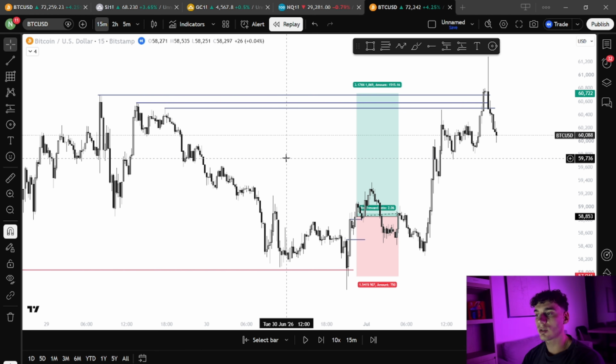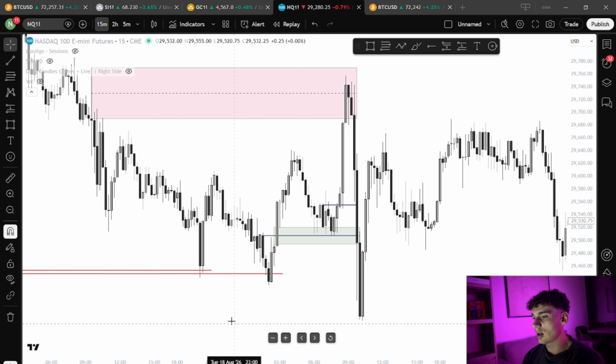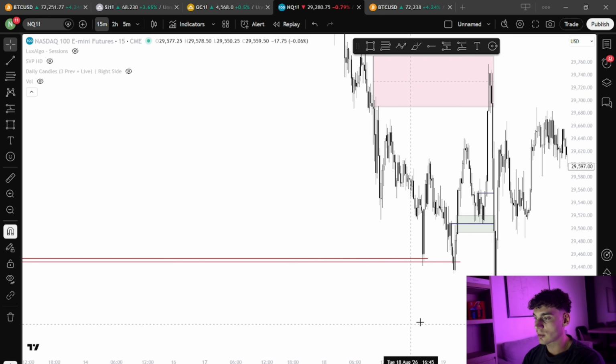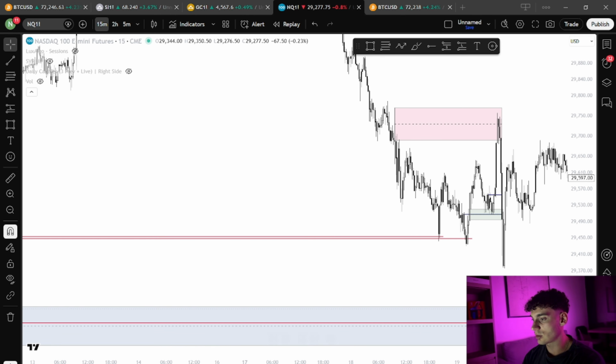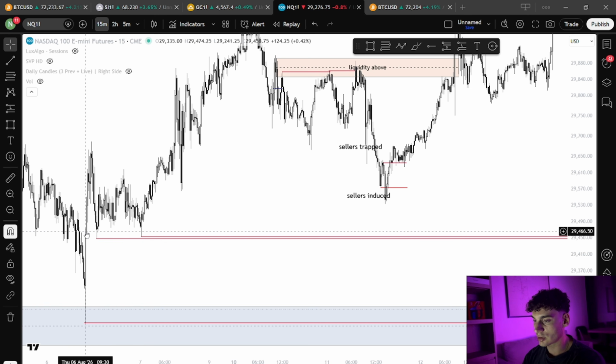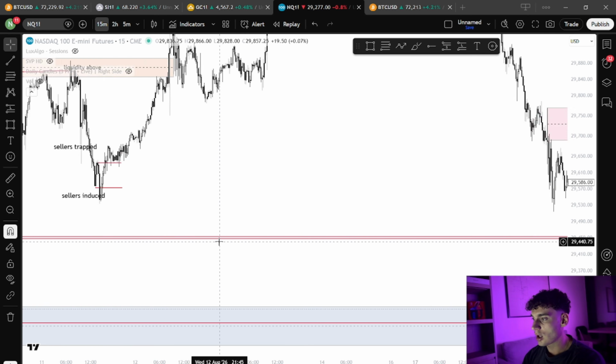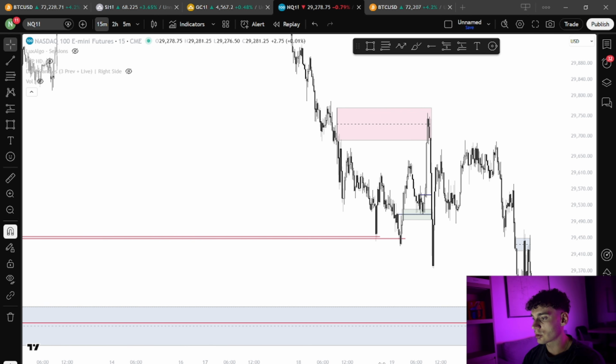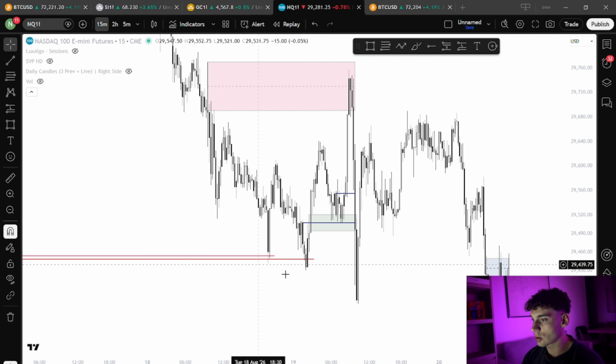The second example is going to be the trade that I took yesterday on Nasdaq. I don't trade Nasdaq that much, to be honest, but yesterday was a good example. As you can see here, we had relatively equal lows in this area, and I was waiting for these relatively equal lows to be swept. Now, when those lows were swept,